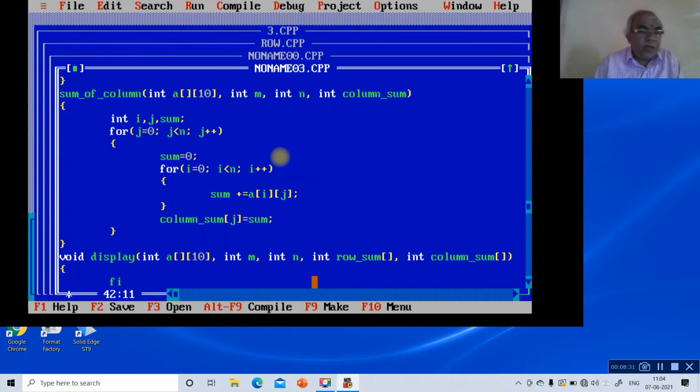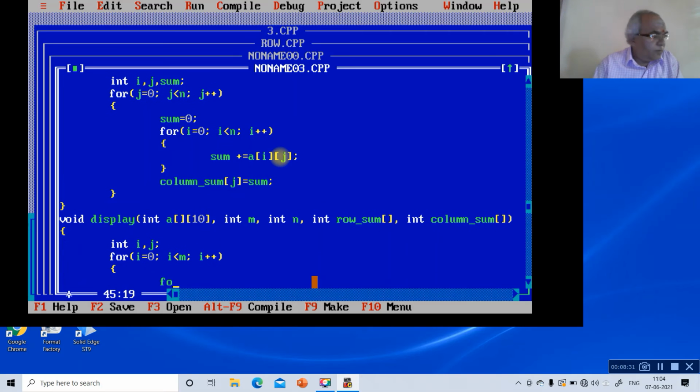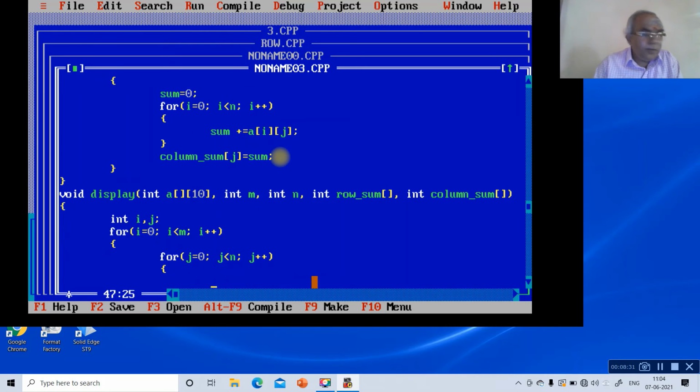Then int i, j, then for i equals 0, i is less than m, i plus plus, then open the loop for j equals 0, j is less than n, j plus plus, then enter the loop,